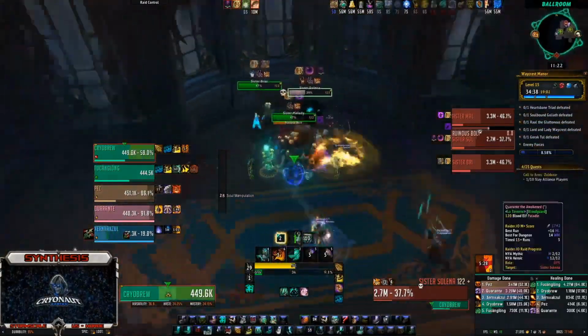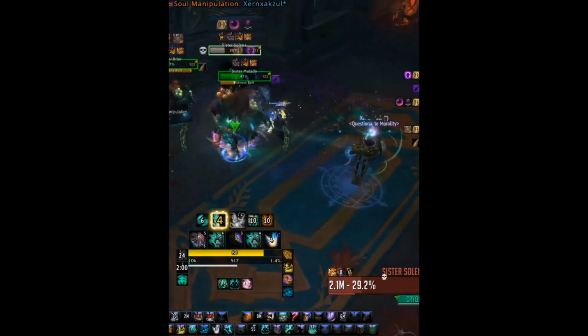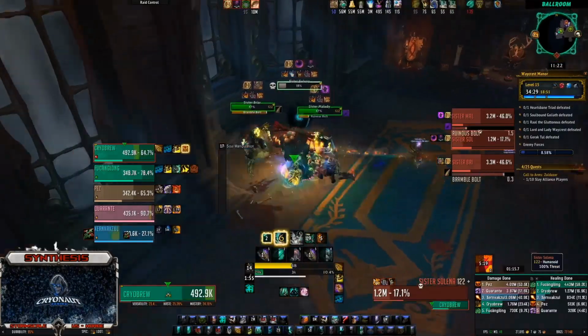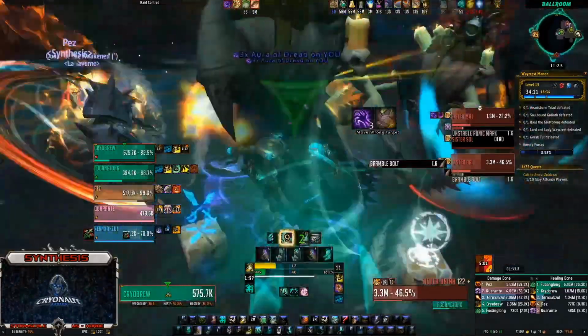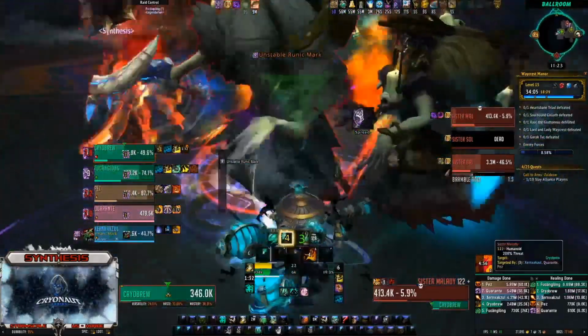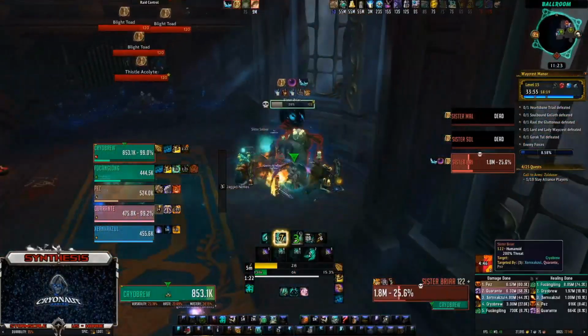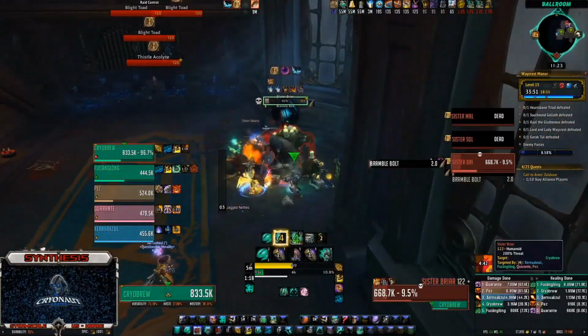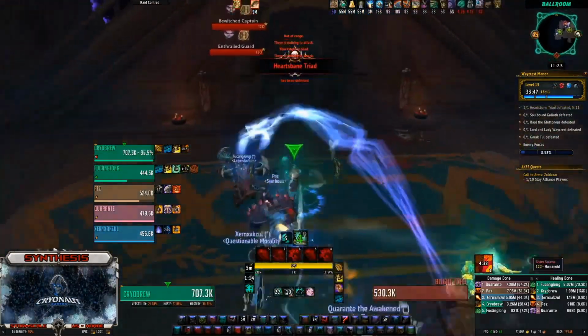Sister Selena always starts first, and she's the one that casts Soul Manipulation. She will mind control one of your party members. You need to damage them down to 50% health. Try not to leave too many dots or lingering debuffs on them, as they will maintain them when they're no longer mind controlled. Other than that, interrupt the boss that has the focusing iris as a priority and get them